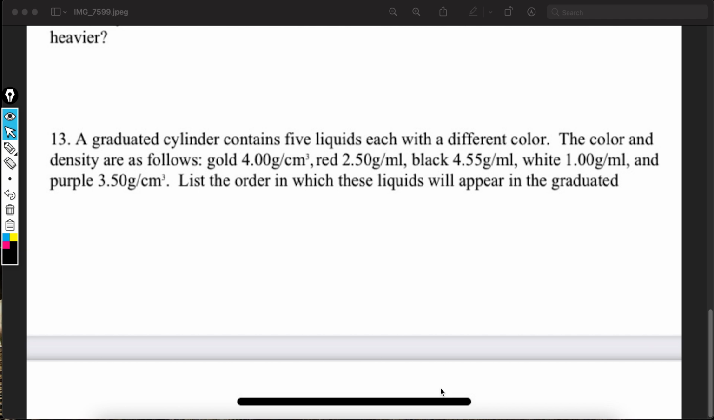List the order in which these liquids will appear in the graduated cylinder, I'm assuming. Okay, so not too hard. First things first, I just want to cover one thing before we get into that. This is not hard at all. It's just conceptual, but really quick. Let's do pink. Cool. So the answers for density will always be in grams over milliliters,